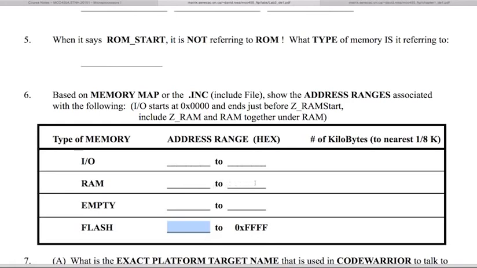0x087F, and there's an empty portion that goes from here, which is 0x880 to 0xBFFF, and I/O starts at address 0x0000 all the way up to 0x007F. Now when we fill these in, you're going to need to have this information to actually examine these types